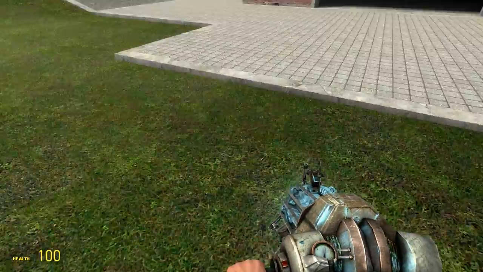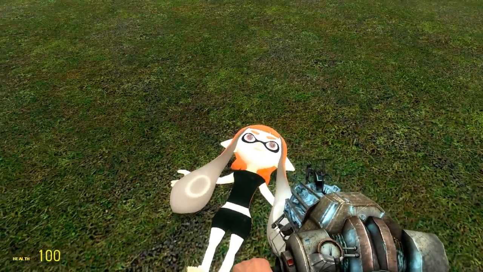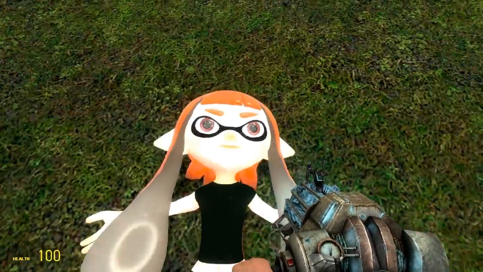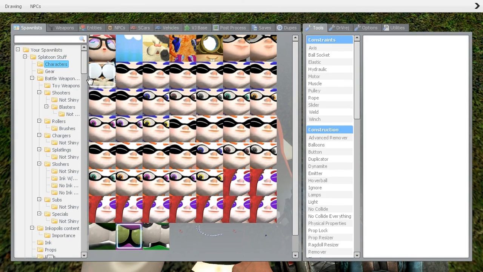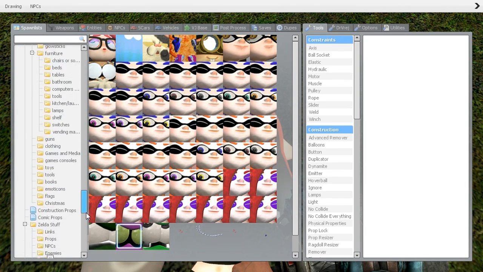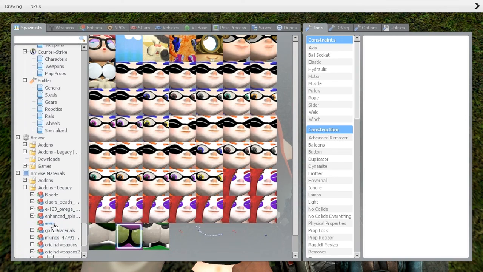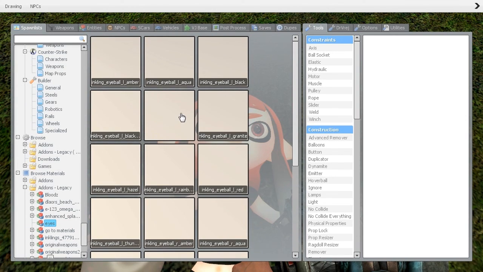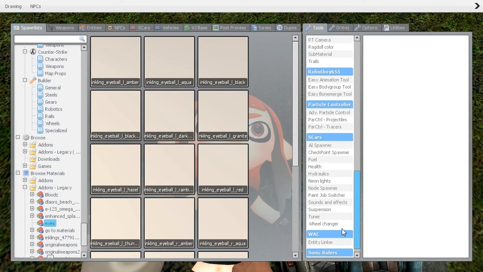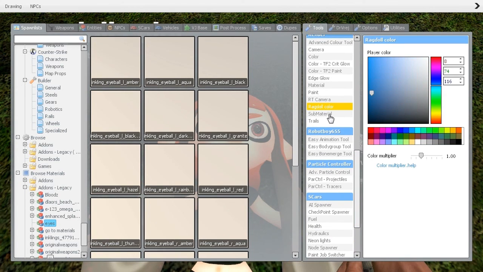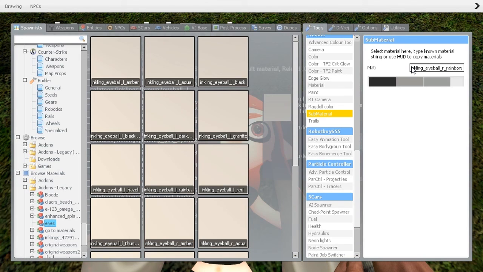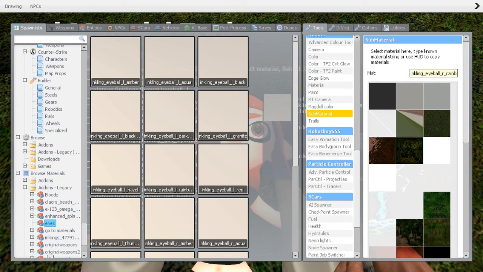Now it doesn't matter if it doesn't match the one you did. As you can see, I did green and this one is brown. It doesn't matter unless your texture is one model, in which case you require the same model, but this is the same texture across all of the models, so it doesn't really matter which one you pick. So press copy to clipboard, then go to the submaterial tool, that's not the right tool, and then, as you can see, I've already had plenty of fun with this, and then press in matte,